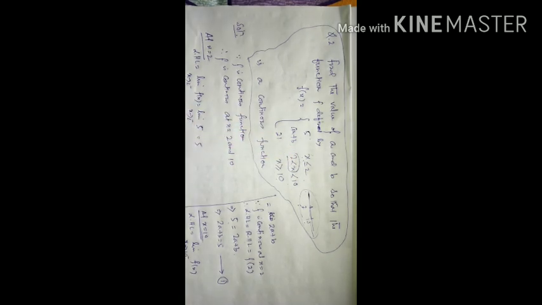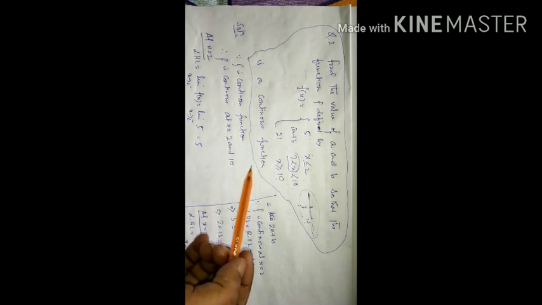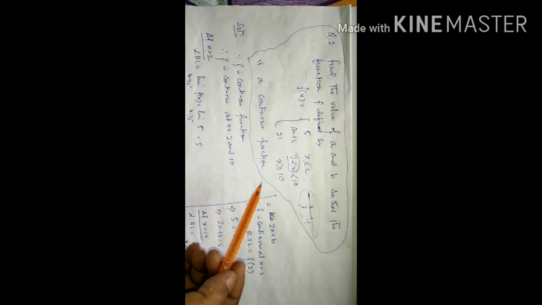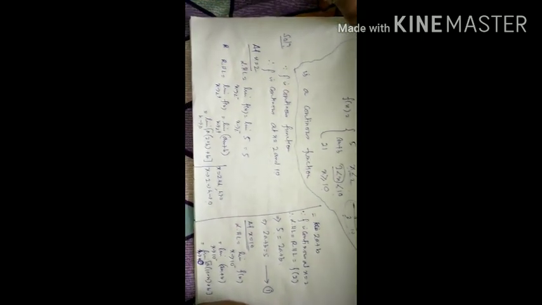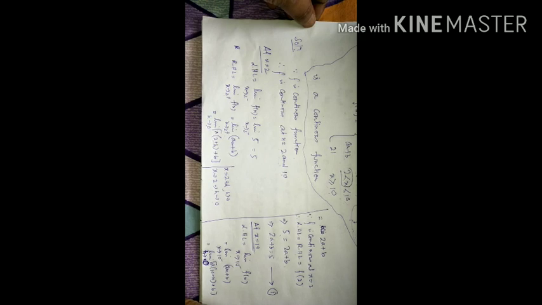When a function is continuous, it is continuous at every point in its domain. Very, very important. So since the function is continuous, it is continuous at x equal to 2 and 10, because 2 and 10 are also points in the domain. Now let us start at the point 2.